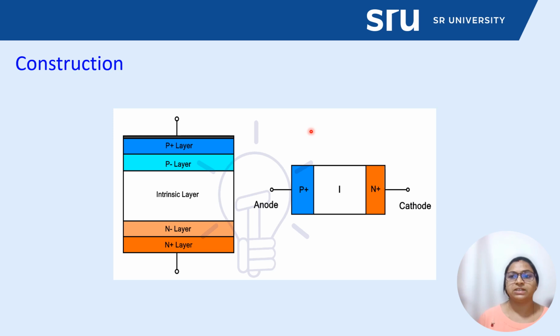And the planar structure means that the thin P and N layers are deposited on either side of the intrinsic material. So this planar method basically optimizes the diode for high speed,